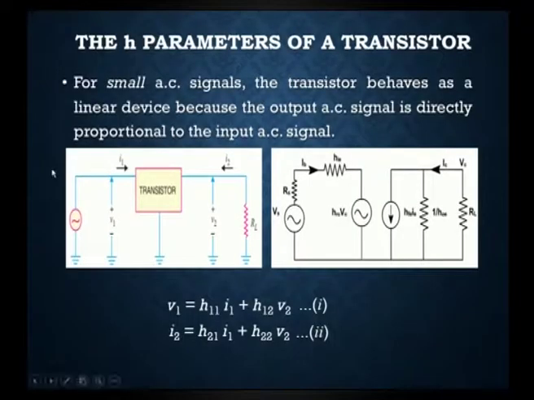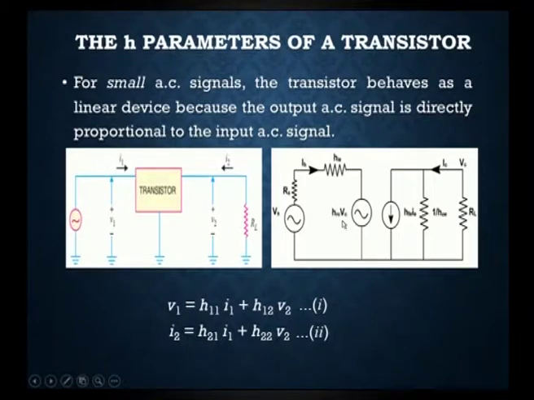For this type of small signal transistor, the circuit is a linear circuit. That is why we can apply the H parameter concepts to the transistor circuit also. The transistor circuit can be represented like this, having 4 variables as we observed previously, V1, I1, V2 and I2, with RL as the load resistance. This can also be represented as an equivalent H parameter circuit, which can be represented like this.